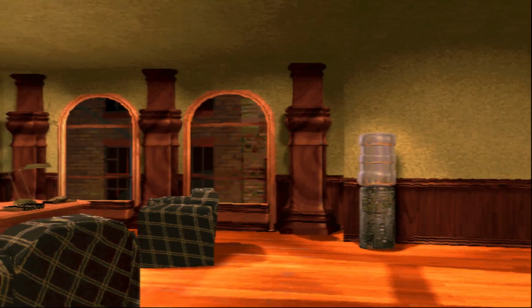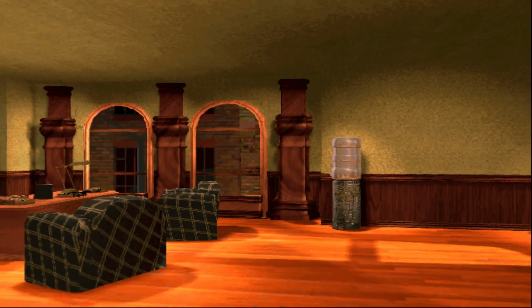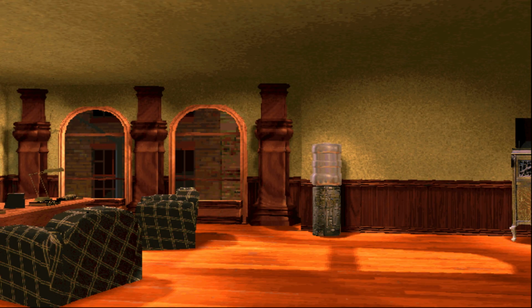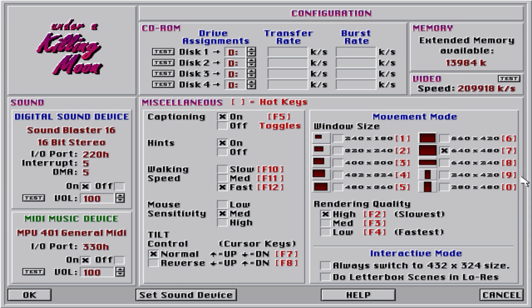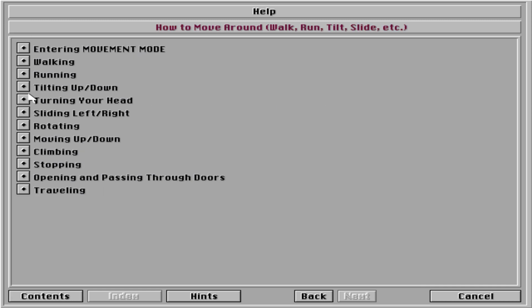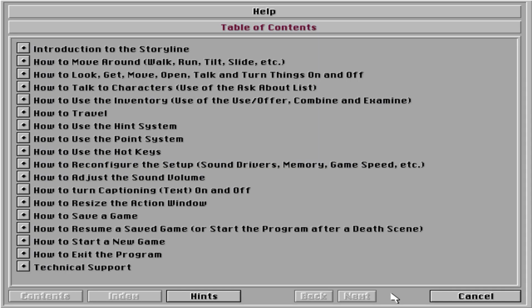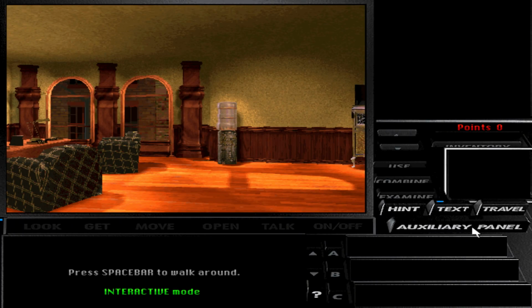If this was being played on the system it was made for, I probably wouldn't be raising and lowering so quickly. How do I... No. I believe there was a way to aim yourself too, like up and down. But I don't... There we go. How to tilt. Press the up or down key on the keyboard. Fantastic. Also, that is a lot of help, which is convenient, I've got to say. So let us...